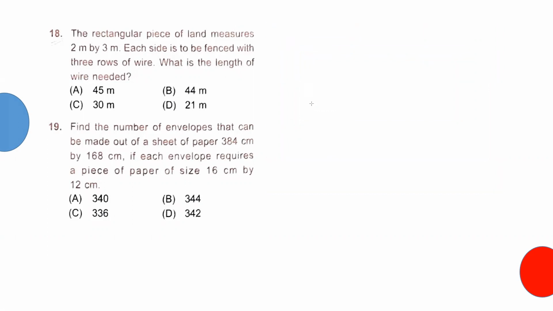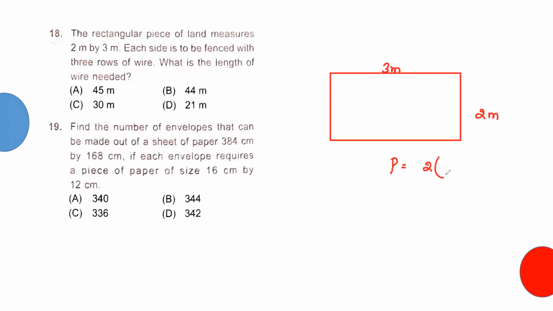So now you see, this is given as 3 meter. This is given as 2 meter, right? So perimeter is how much? 2 into 3 plus 2, that is 10 meter. Now the wire will not be as I have drawn, it will be very thin. So how many rounds do we have to consider? 3 rounds, right? So the strip will be 10 times 3, so 30 meter. That's it. We are done with the answer.